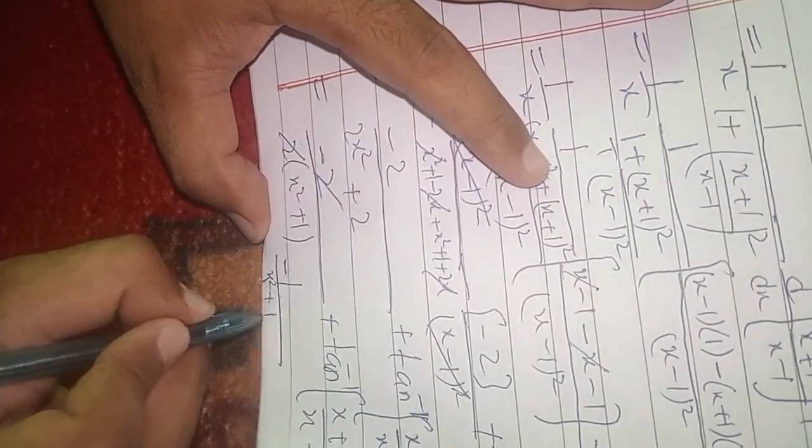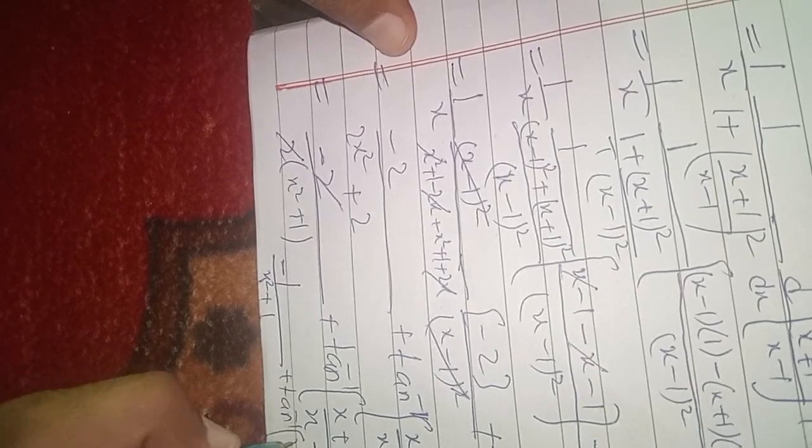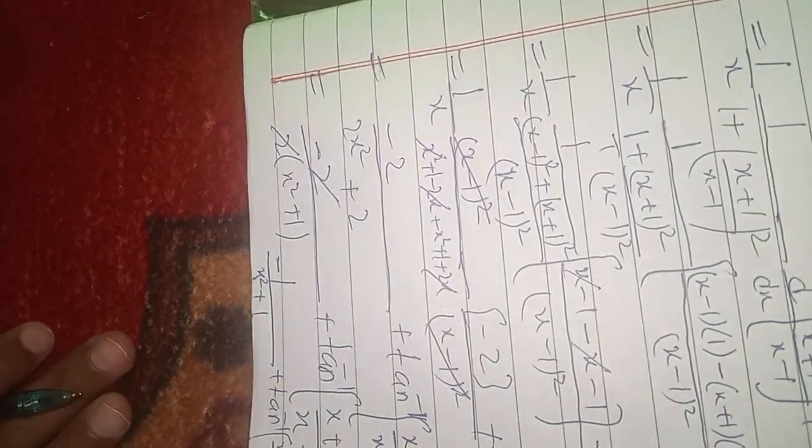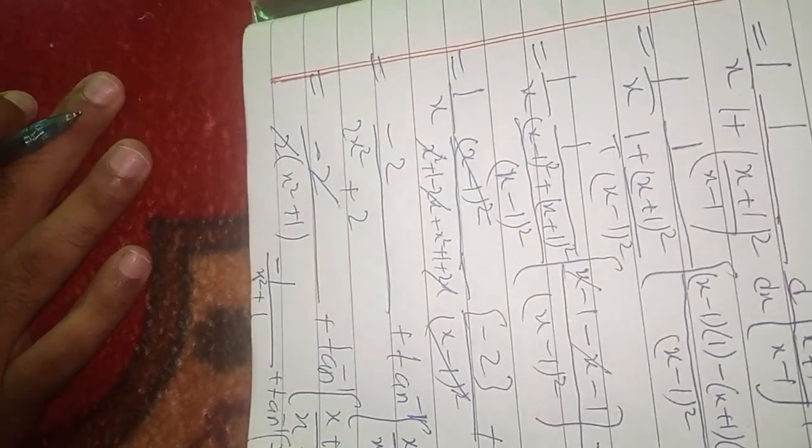Now let's do more simplification. This is the simplified answer: minus 1 over x square plus 1 plus tangent inverse x plus 1 over x minus 1 into minus 1 over x square. And now if we are going to do more simplifications, then on the